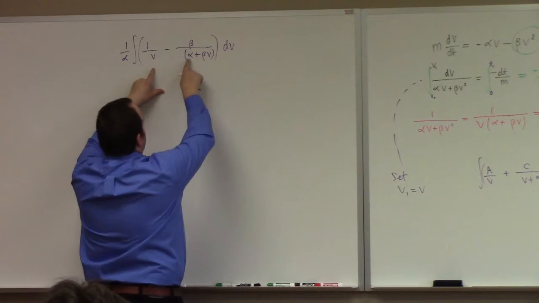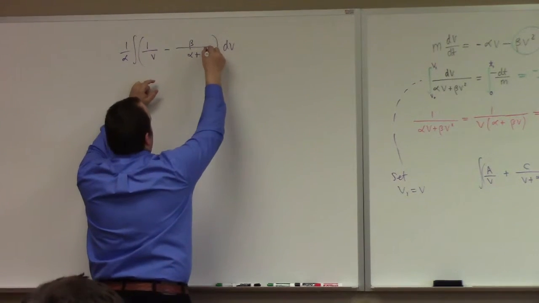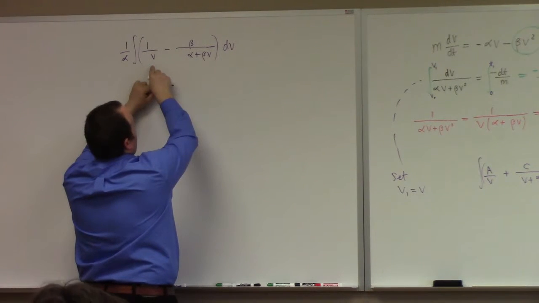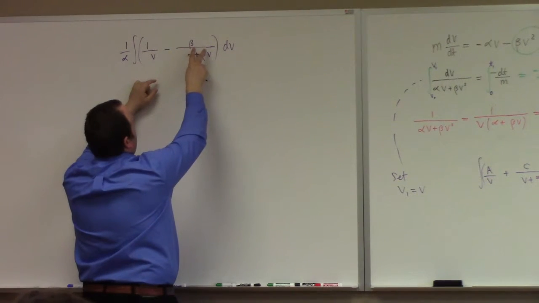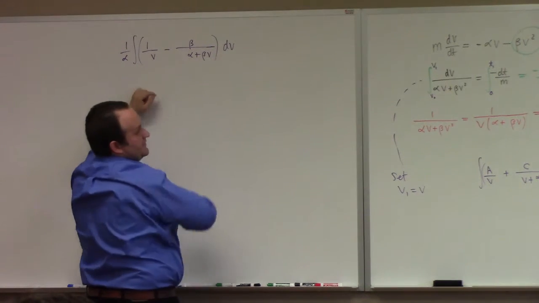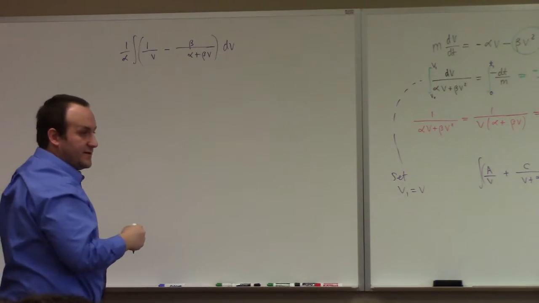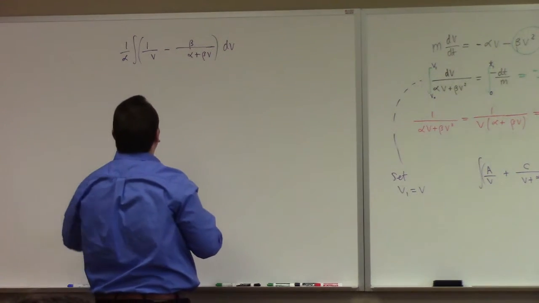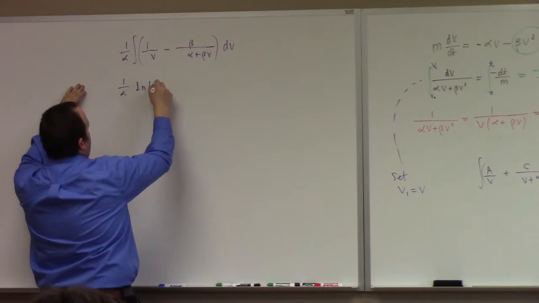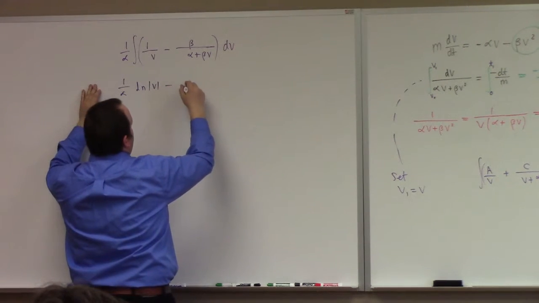Yeah. So if I make a common denominator, that would give me alpha plus beta v, and then over here minus beta v. Perfect. Yeah, you're right. Very good. Partial fractions is spot on. So I integrate this, I get 1 over alpha, natural log the absolute value of v, minus, well, hey,